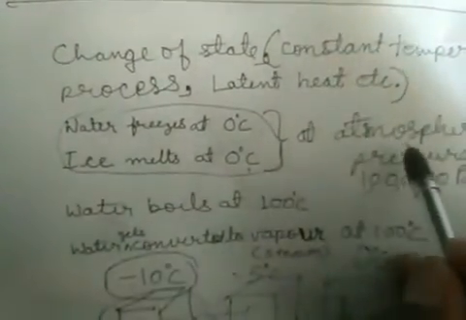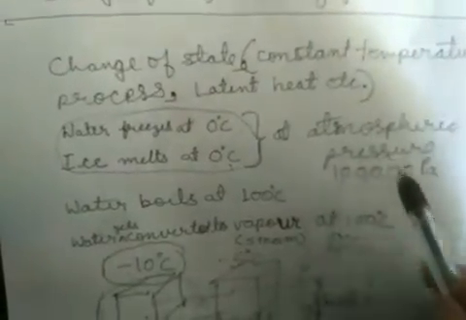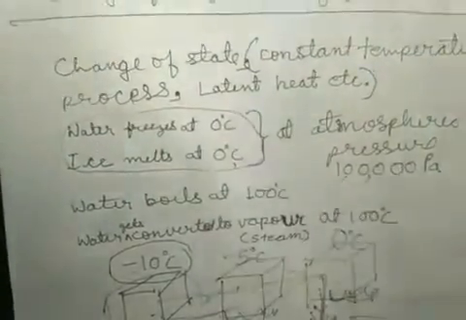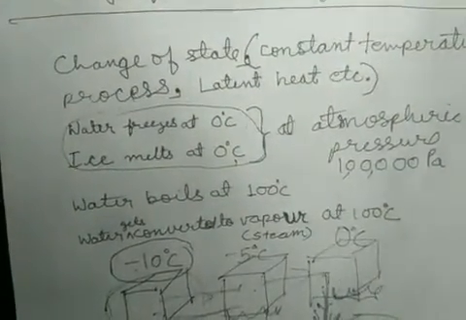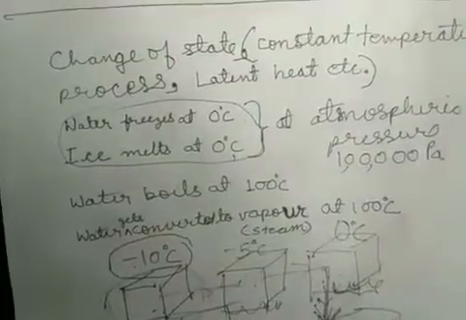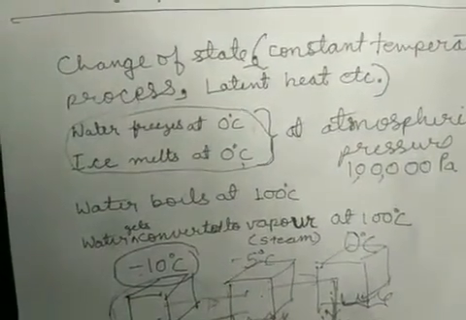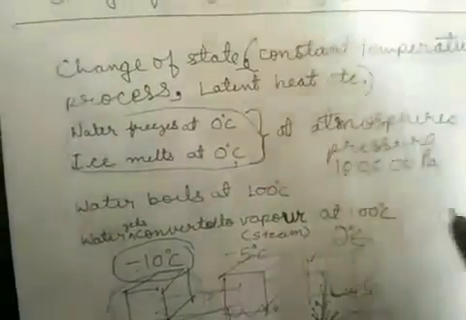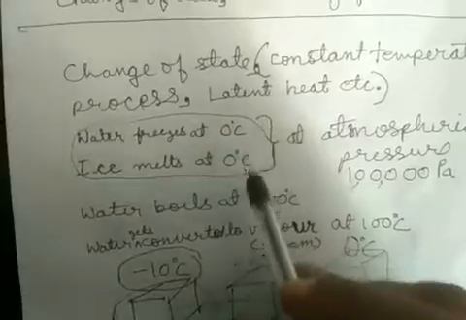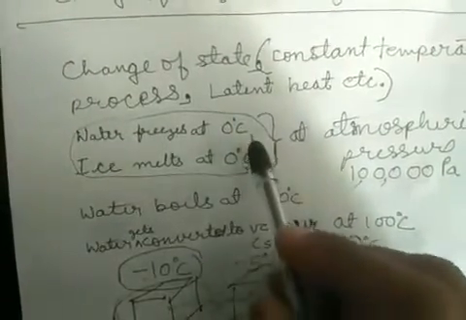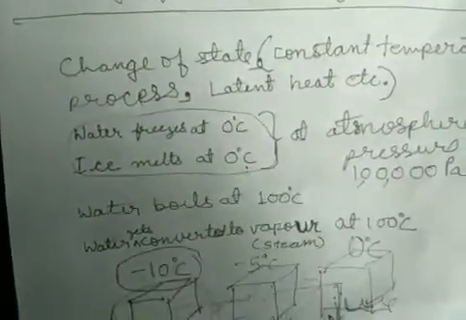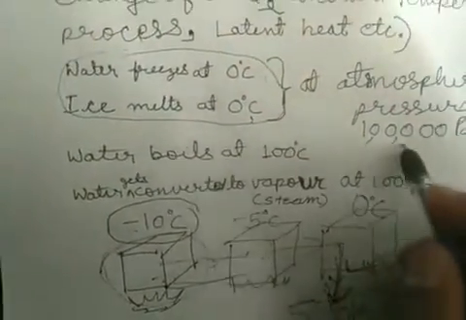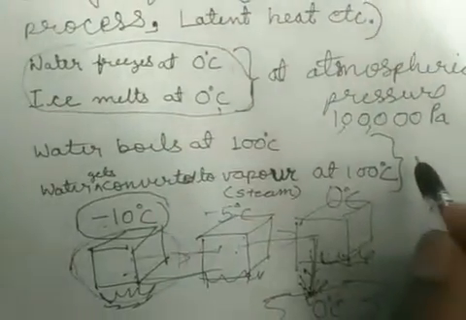It means if atmospheric pressure would change, or if we devise something where we vary the pressure on a machine, we have placed water inside it, or we have put ice into it and we are applying pressure to it, then these points might change. I mean, then water would freeze at a different temperature. The same happens with boiling water. This 100 degrees Celsius is at